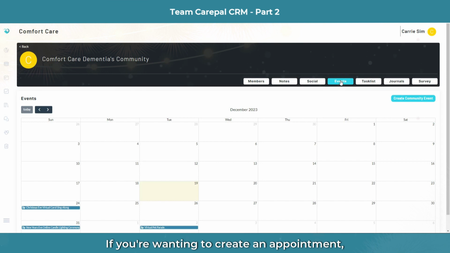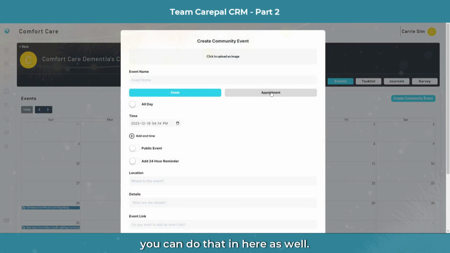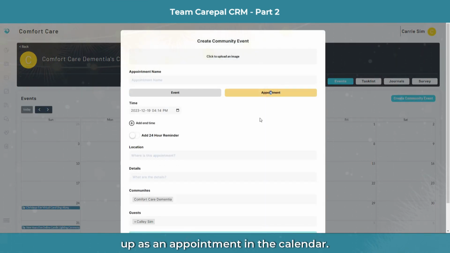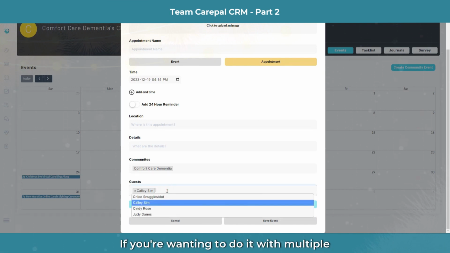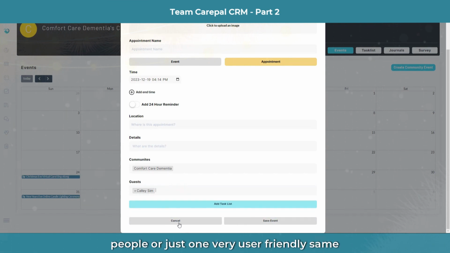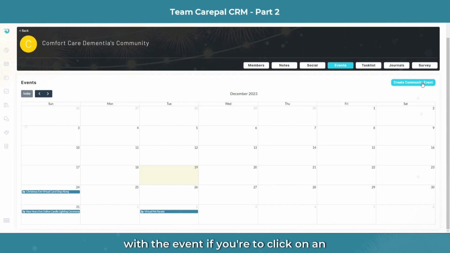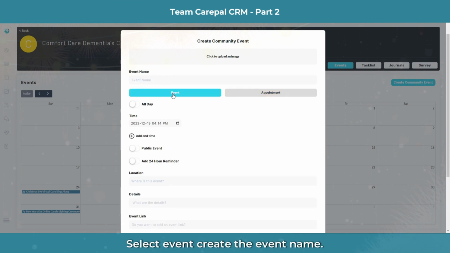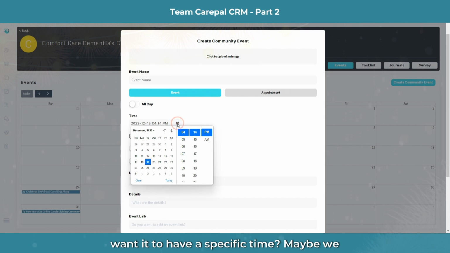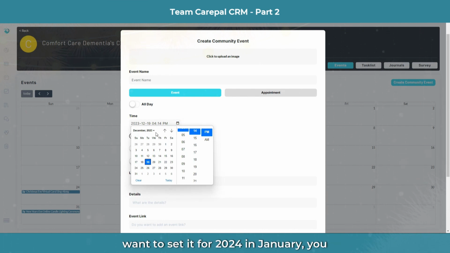If you're wanting to create an appointment, you can do that in here as well. You just click appointment and it'll show up as an appointment in the calendar. So you can just do, again, specific guests if you're wanting to do it with multiple people or just one. Very user-friendly. Same with the event. If you click on an event, you can select event, create the event name. Do you want it to be all day or not? Do you want it to have a specific time? Maybe we want to set it for